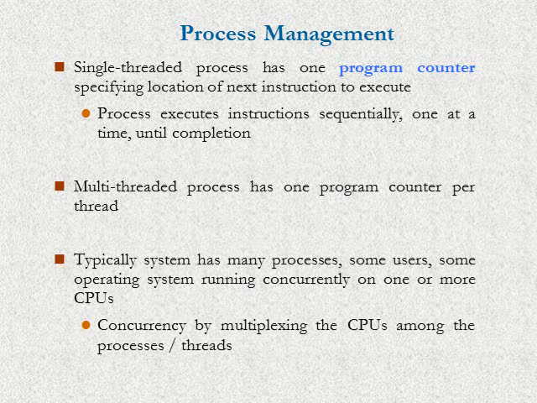Usually when we are running in a system, every system may have multiple processes running in it. I'm deliberately not using the word simultaneously, because at one time only one process can be running in the CPU. So in the whole system, there can be multiple processes running. There can be one or more users in the system, and there might be some operating system running